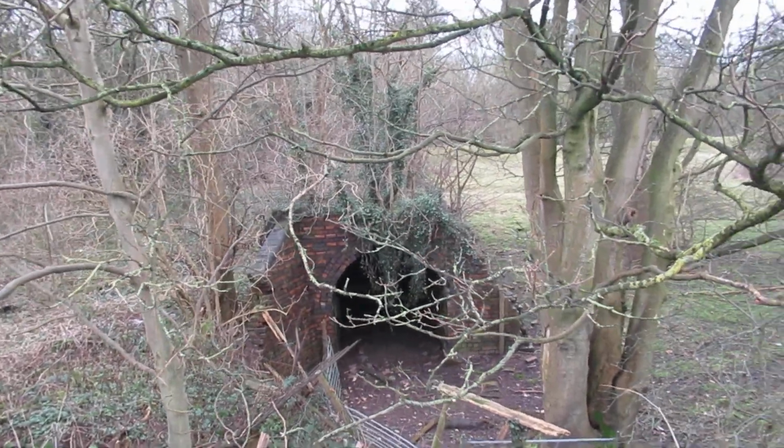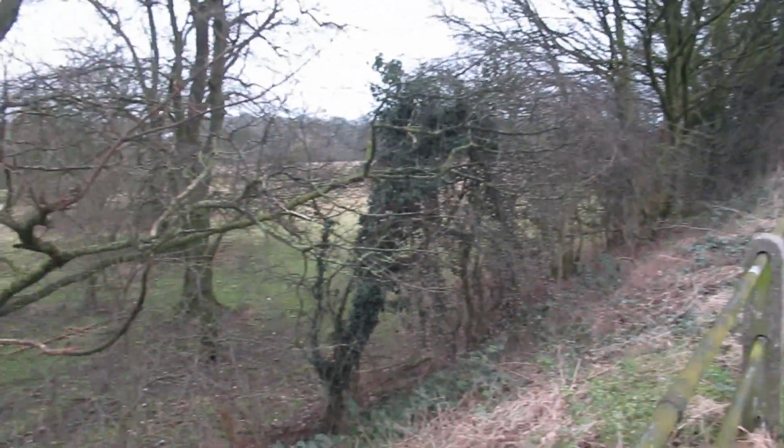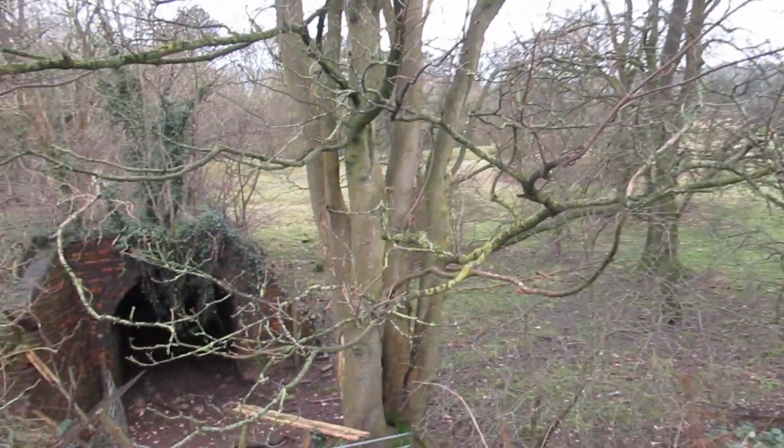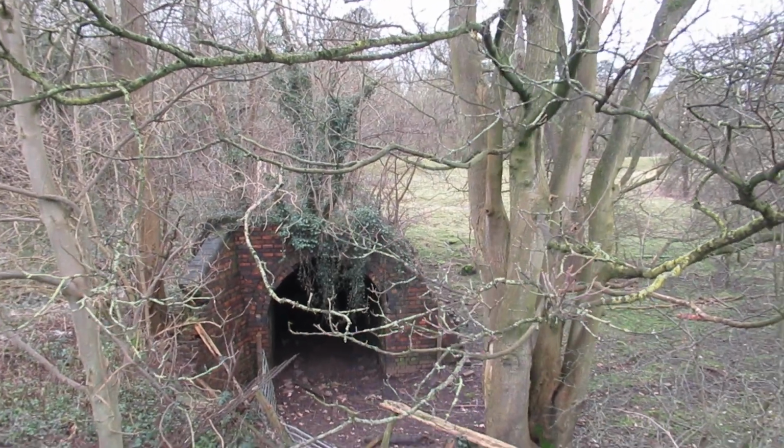Hi, it's Chris. I'm here at Trentham on the A34 near Stoke-on-Trent. I found this little tunnel, safest tunnel it is,